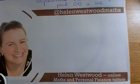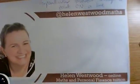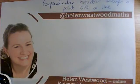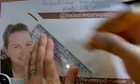First of all, we're going to draw a perpendicular bisector through a point that is on a line. So the construction is going to look really similar. There's just one main difference. So this time